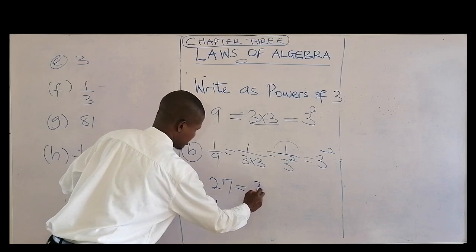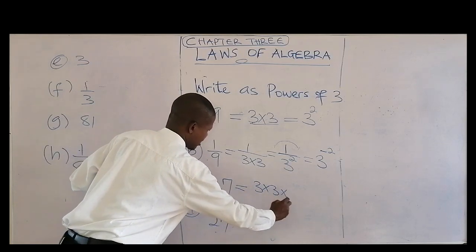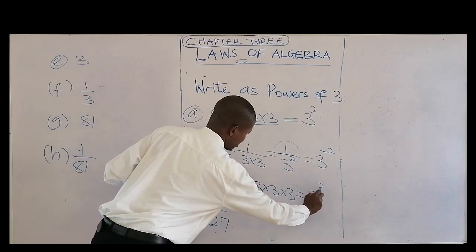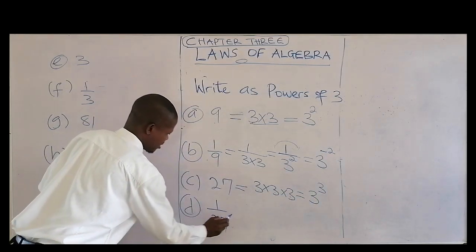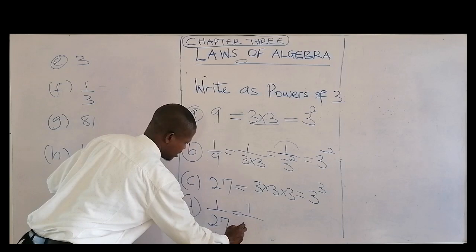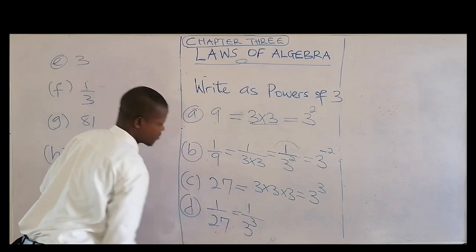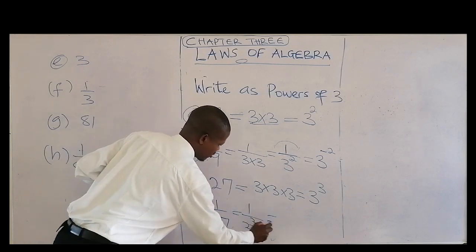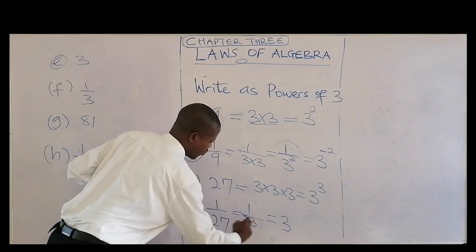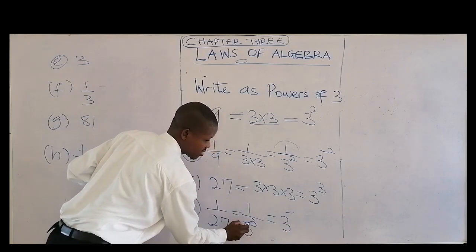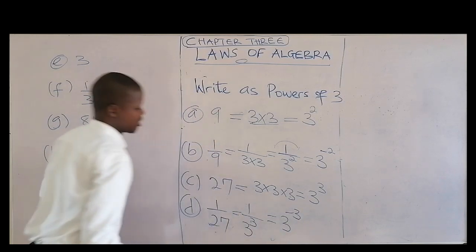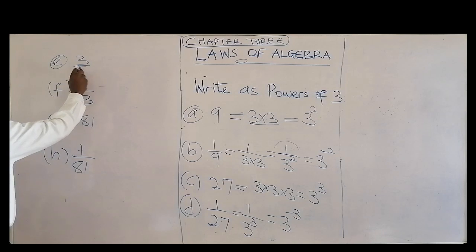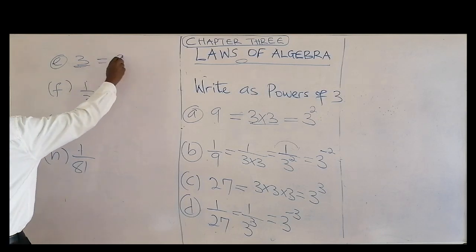Here is what? 3 times 3 times 3. And that's equal to what? 1, 2, 3. 3 in 3 places. Here is 1 over 3 to the power 3. Okay? So remove that 1 over, and that will be equal to 3 to the power minus 3. 1 over is minus the what? The exponents. Okay? And then here, we want to write it in power of 3, that will be 3 to the power